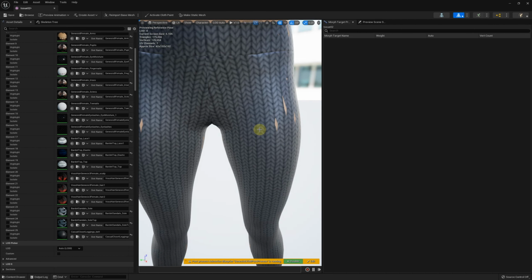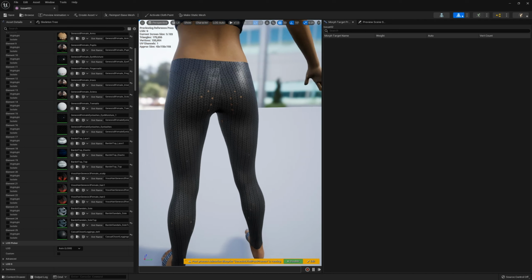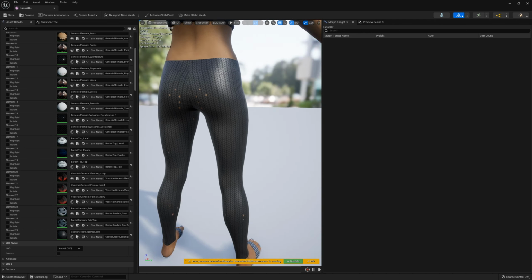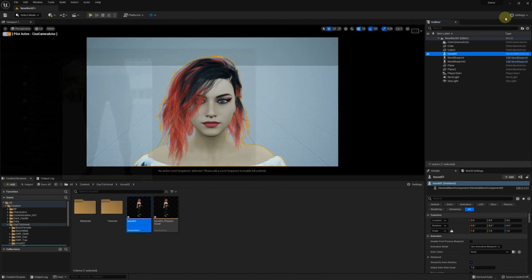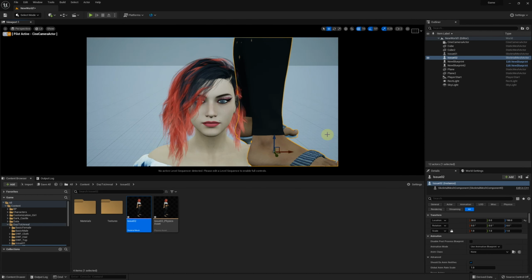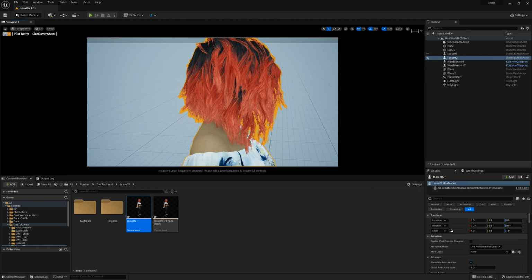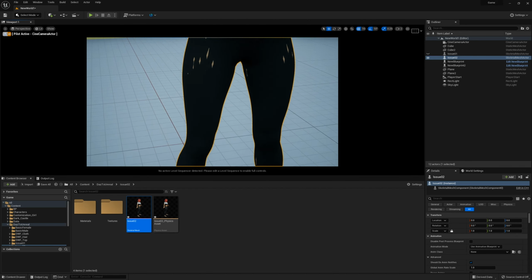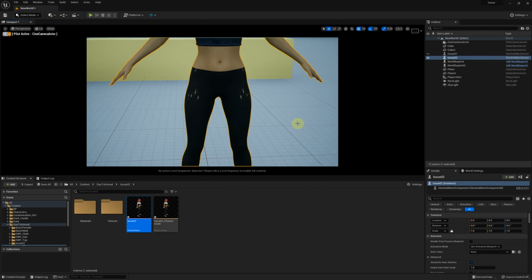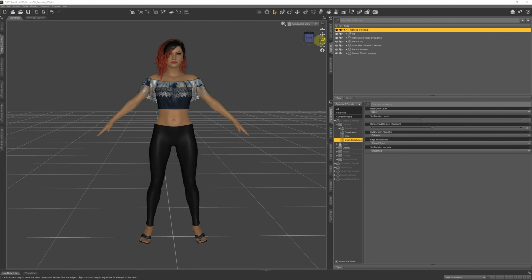Here we can see some overlapping issues. Let's switch to DAZ to fix it.